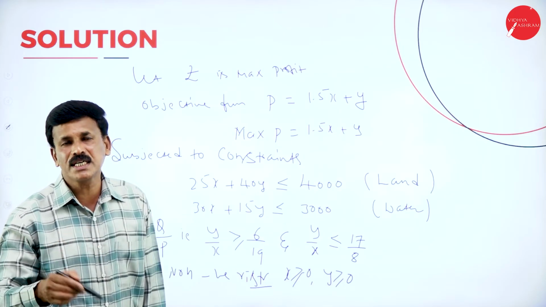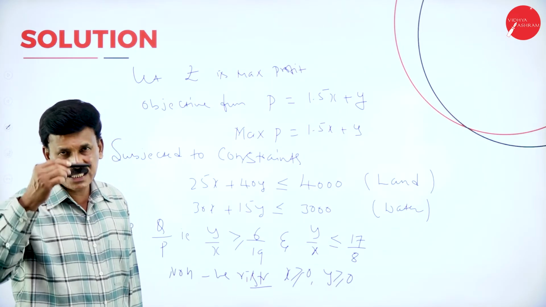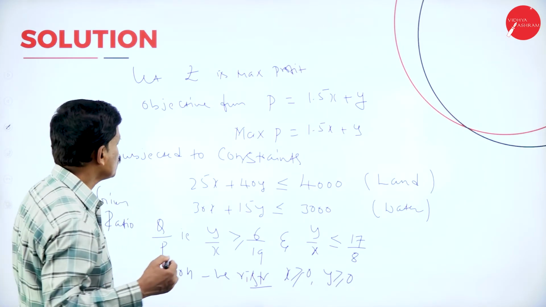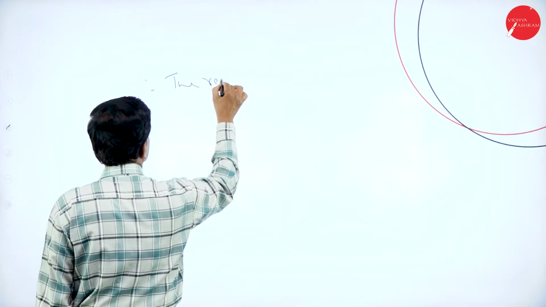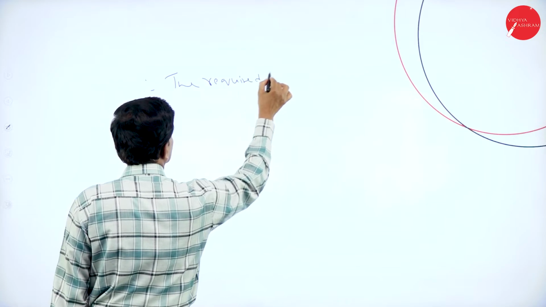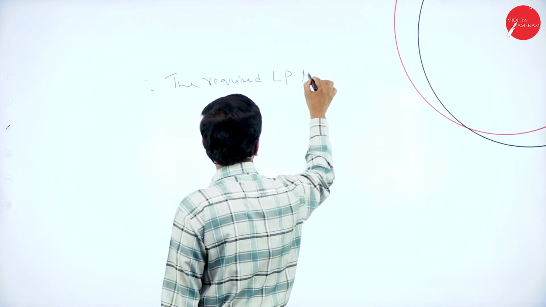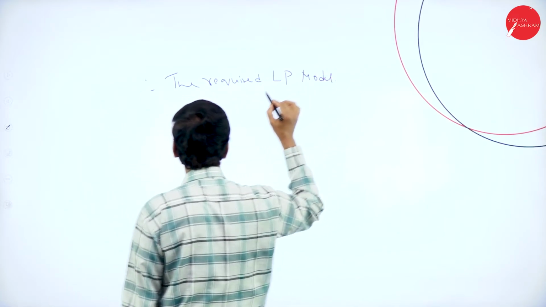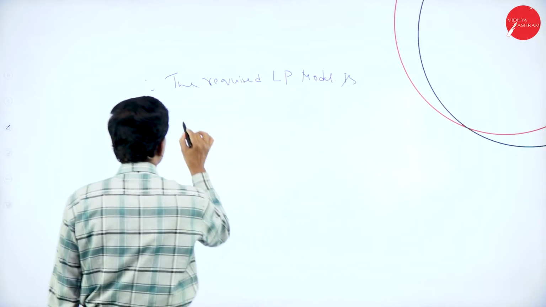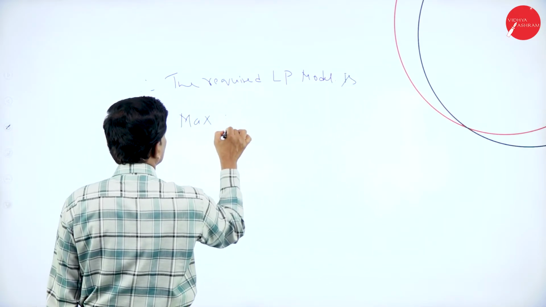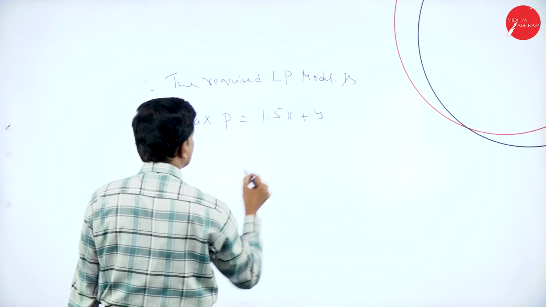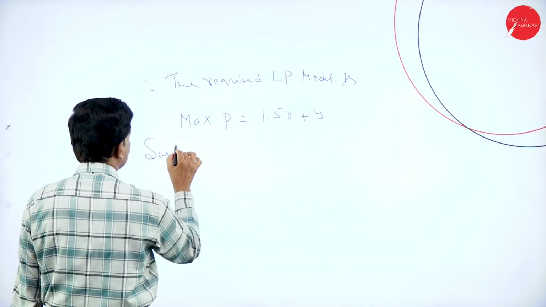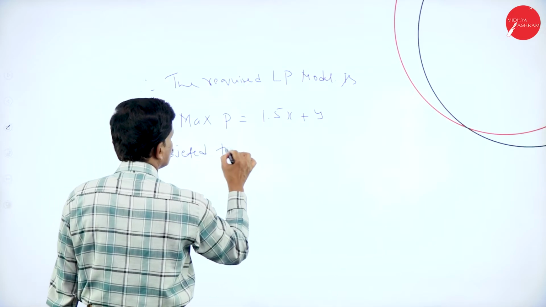Now let us put this entire thing in the form of a step-by-step mathematical statement. So therefore, the required LP model is: maximize P = 1.5x + y, subject to the constraints